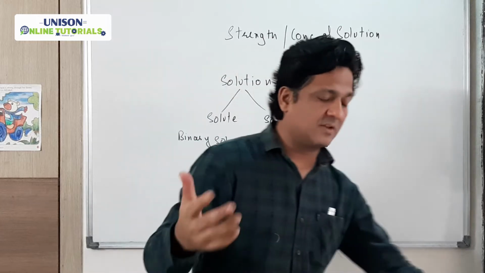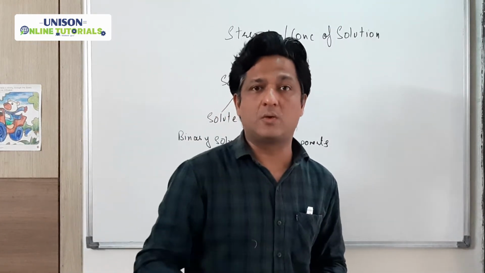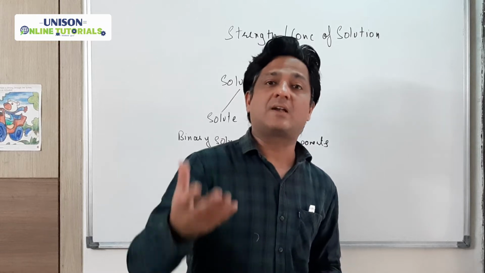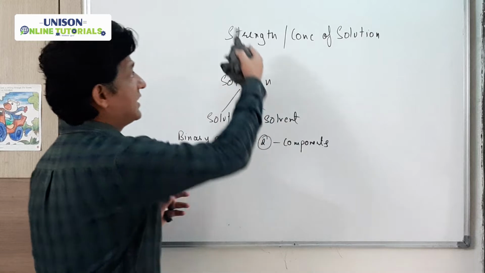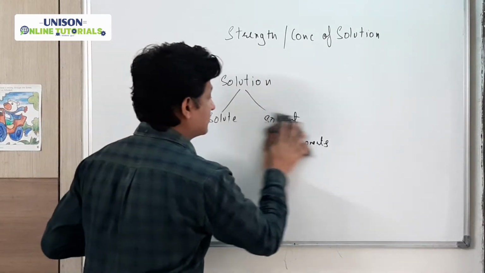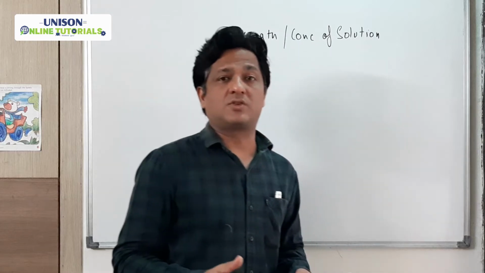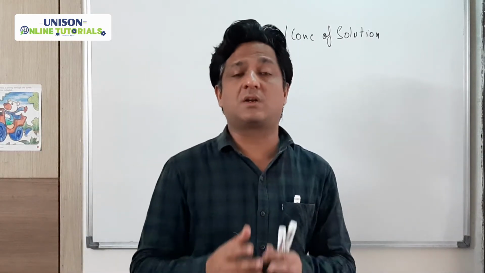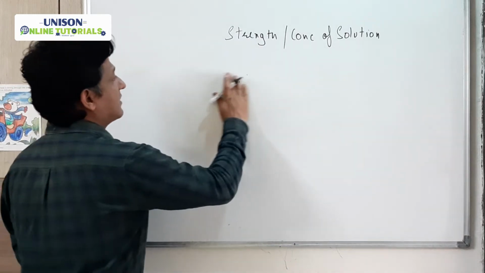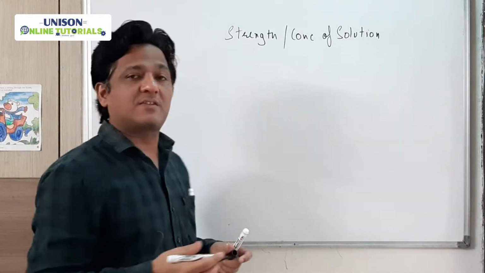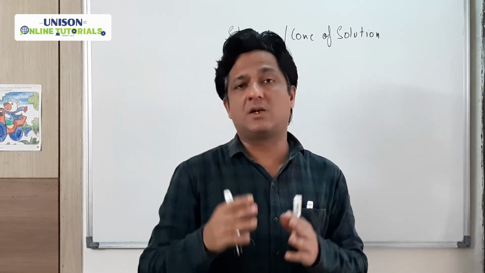Now how to express the strength of a solution? If we have a bottle of NaOH, how will I say how concentrated it is or what its strength is? Now we'll proceed to strength or concentration of solution. Strength and concentration both have the same meaning but the units can be different. If I talk about strength, what is strength? Strength is basically the maximum amount of solute that can be dissolved in 1 liter of solution.